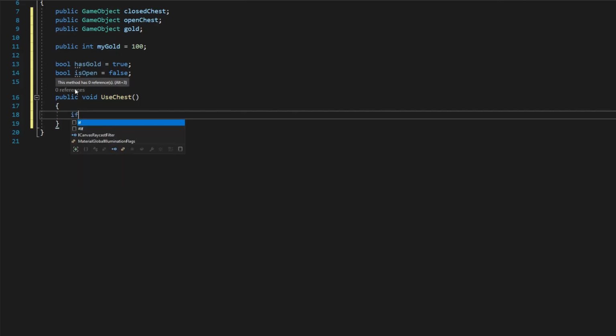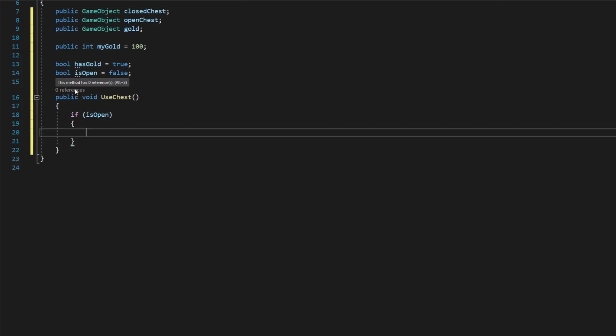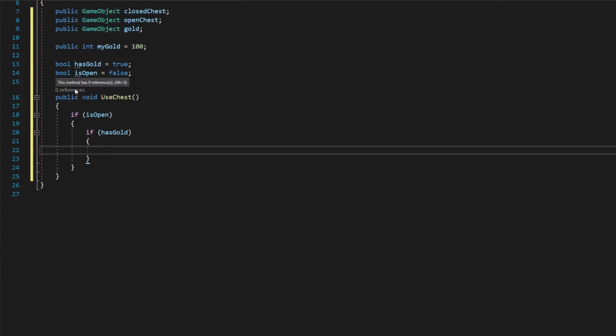And we're going to say if is open, and add our brackets there. So that's going to say if our chest is open and they use the chest. If they use the chest while it's open and it has gold, we want to give the player their gold, right? So we're going to say